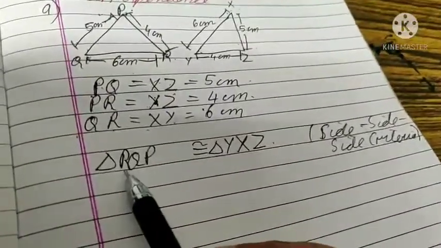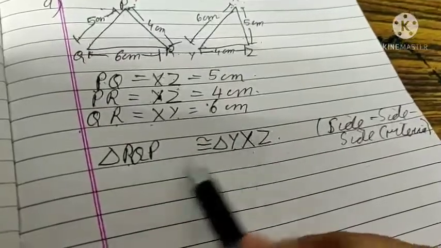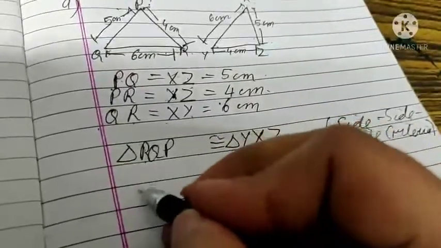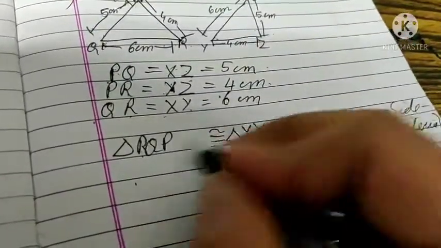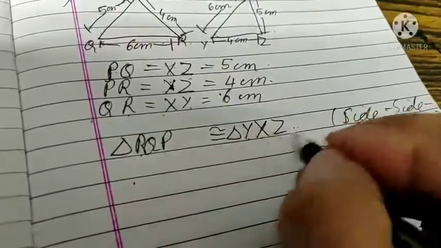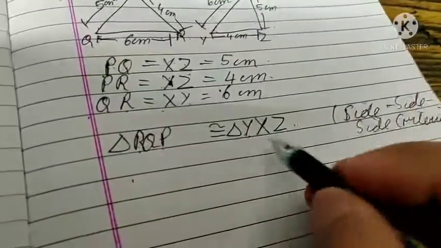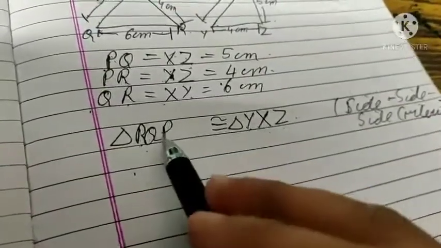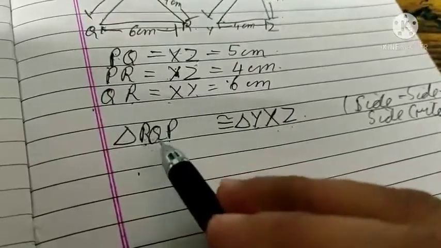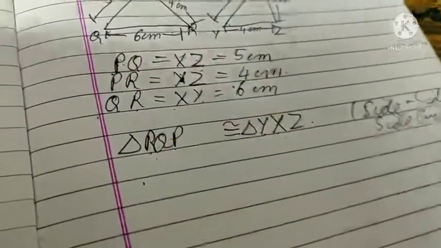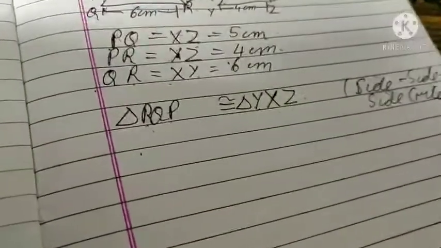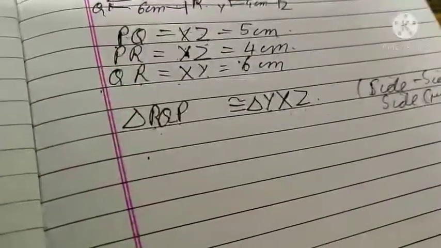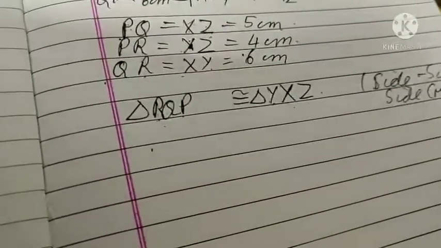This tells that R equals Y, Q equals X and P equals Z. If you write the order the other way around, like X, Y, Z, this will give you R equals X, Q equals Y, and P equals Z. This will shuffle up your order and change your congruence criteria. This won't give you what you want. So the correct correspondence is very important.